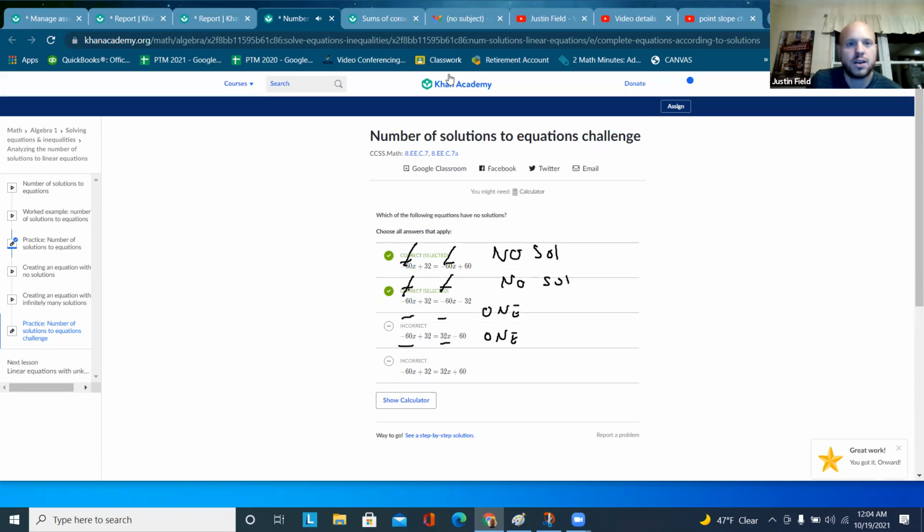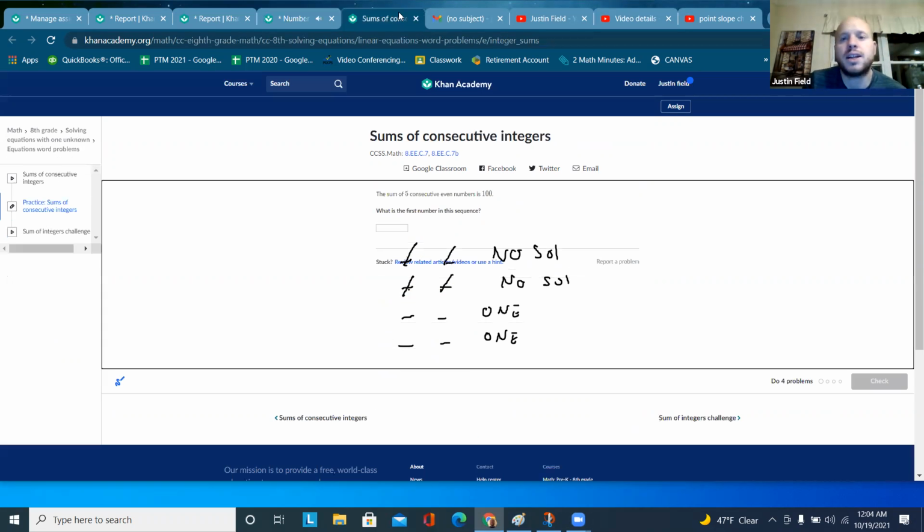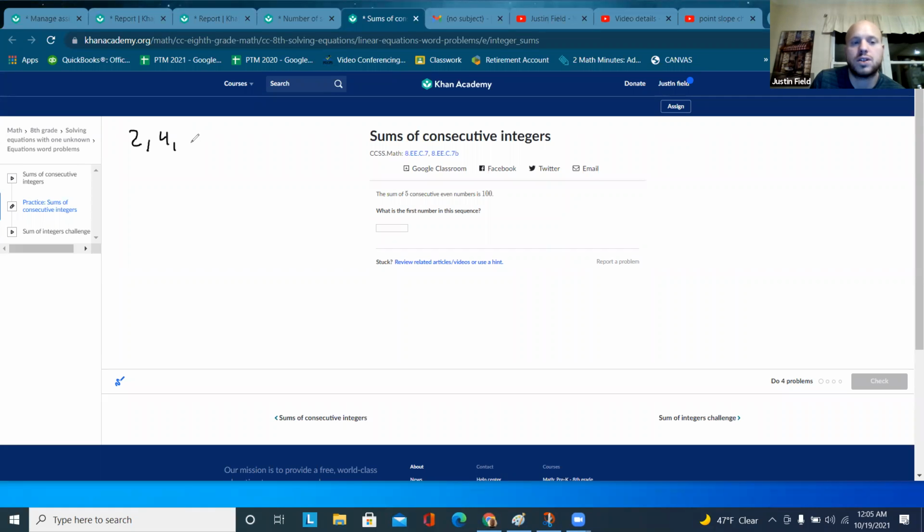All right, and now the last one. This one stumps some people, but hopefully not you. The sum of consecutive even integers is 100. Okay, so the sum of consecutive even integers. Consecutive means next to, like 2, 4, 6. Those are